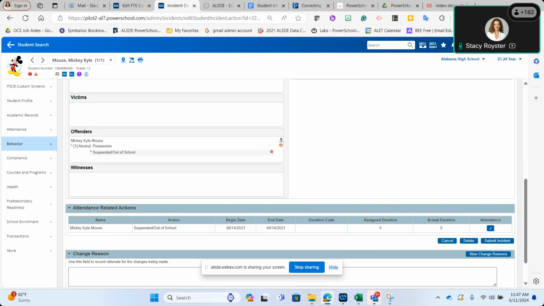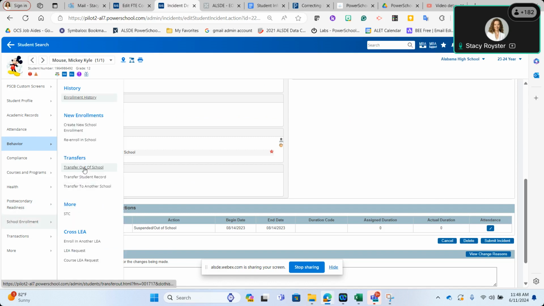Shanda, what if the gaining school doesn't use PowerSchool for the cohort issue? Well, if it's a public school in the state of Alabama, then they all use PowerSchool. The only one that you might have an issue with is if they go to Alabama School of Math and Science, which is one of those independent schools. There is a code for that. And so you would do transfer out of school,